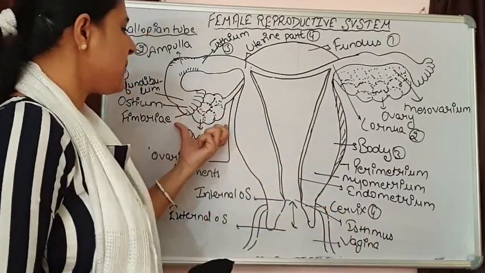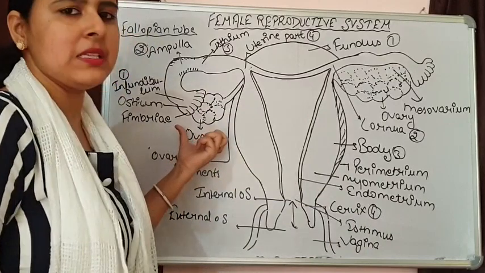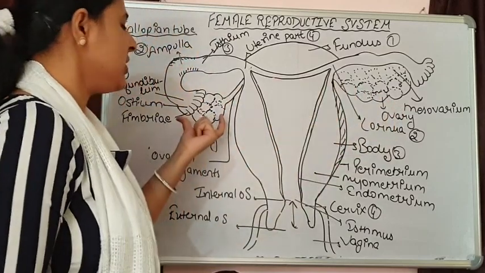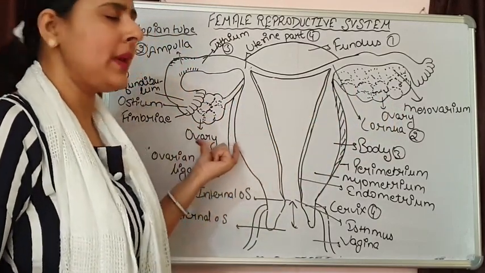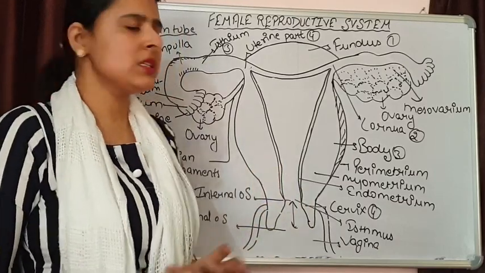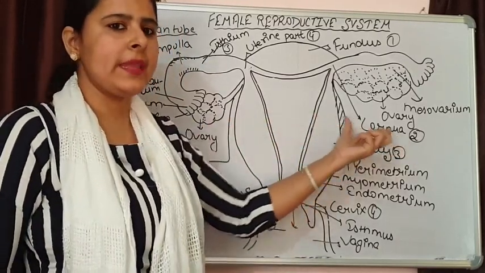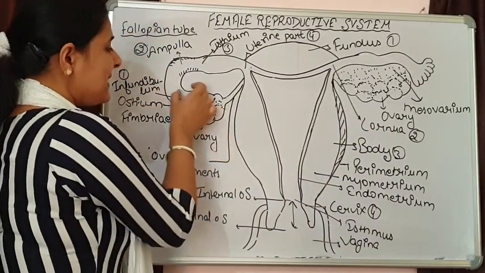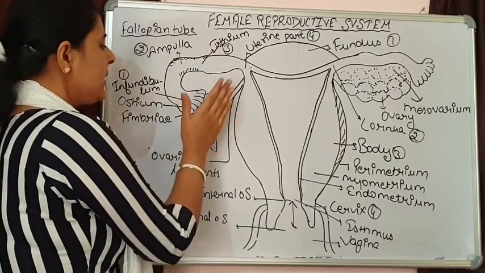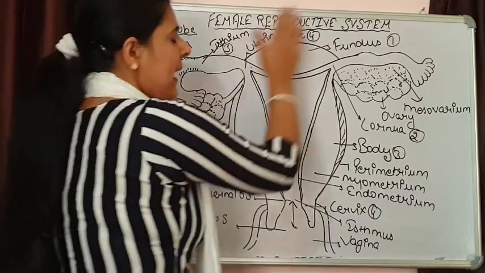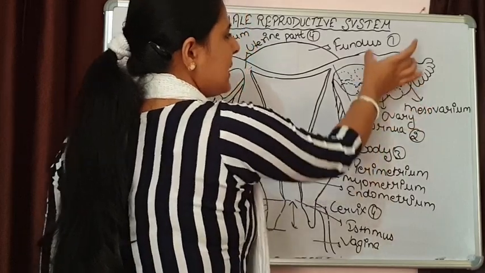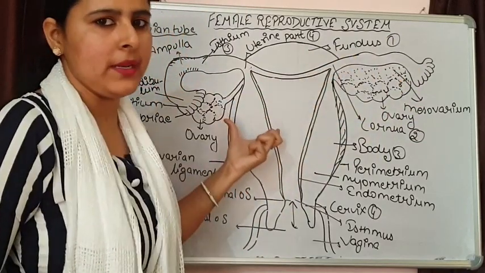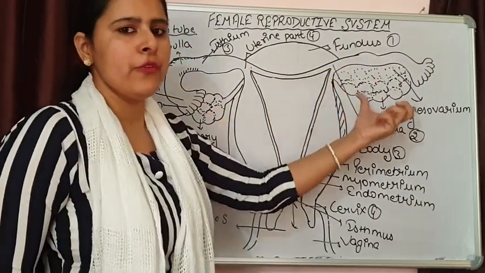Now the main function is performed by the ovary, that's why we call them primary sex organs, and these ovaries basically function in an alternate manner. Alternate manner means in females there is a menstrual cycle that functions according to months. So one month if this ovary releases an egg, or you can say ovum, next month it is not going to function, and it is the turn of the next ovary to release one ovum. That's why I am saying they work in an alternate manner. So these are the different parts of the female reproductive system.